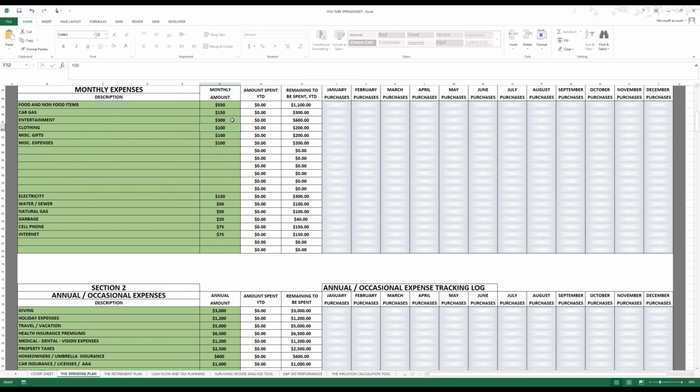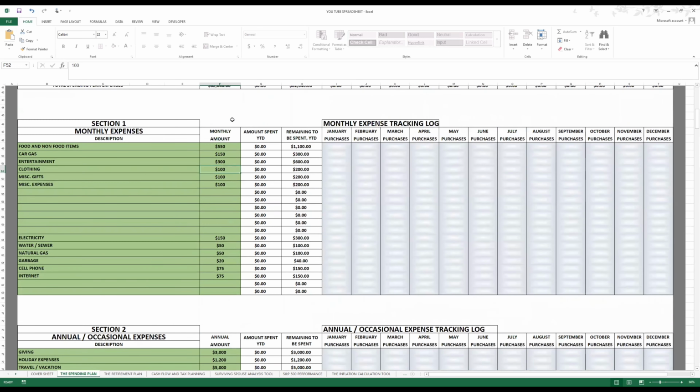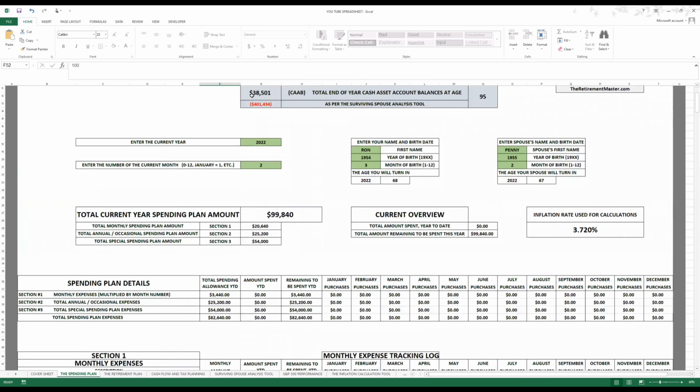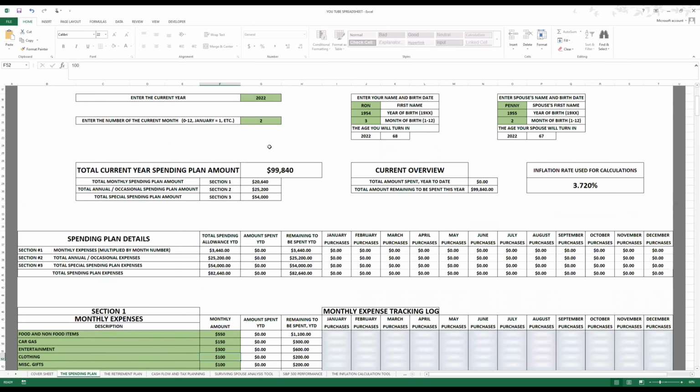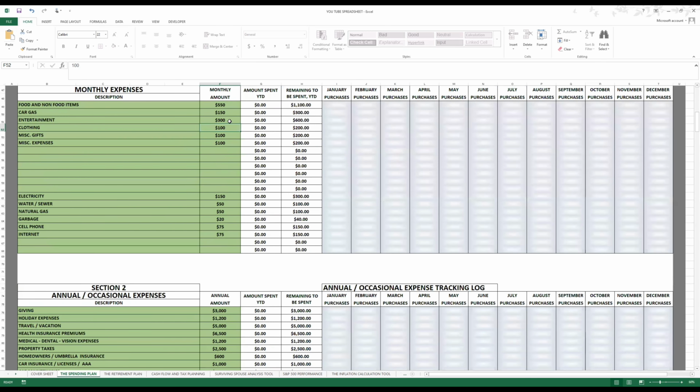Okay, what does that Starbucks visit every week do to my CAB? Let's see. It drops it to 38,000. Just spending $100 extra in those monthly expenses drops my CAB by $103,000